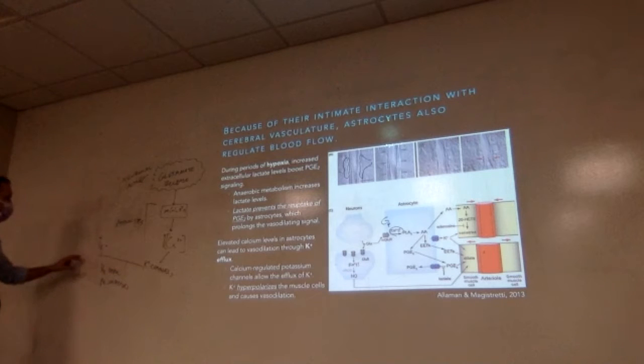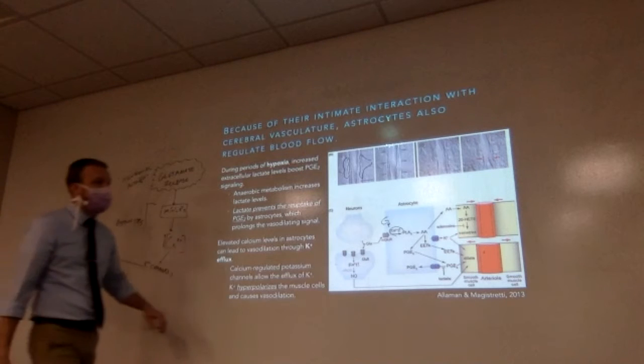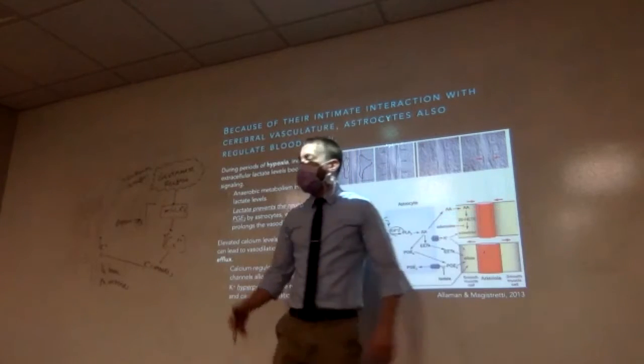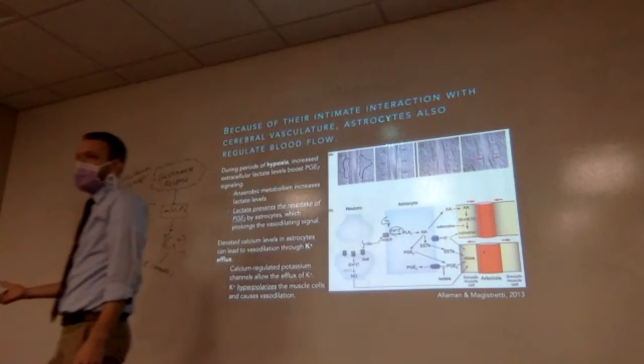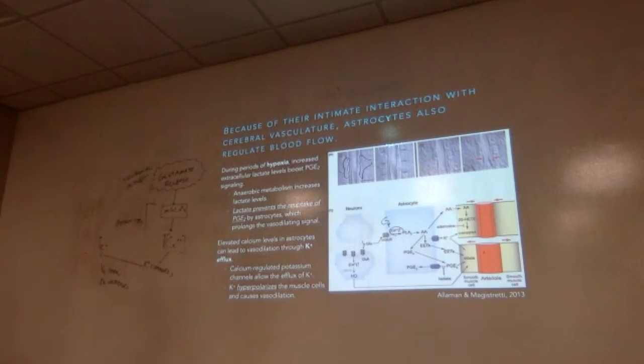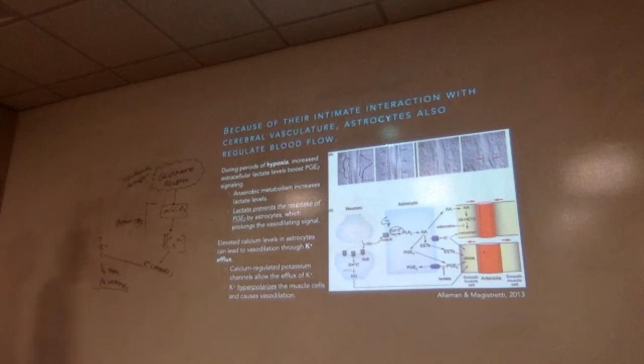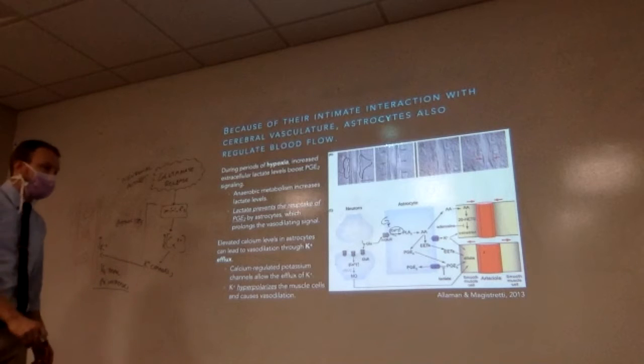Now these smooth muscle cells, if they're constricted, are going to be a little depolarized. They're going to be pretty far from potassium's reversal. So if we're going to be able to cause vasodilation, we're going to hyperpolarize them. And the way that we do that is by increasing potassium permeability. So quite surprisingly, whenever you increase extracellular potassium, it causes hyperpolarization.